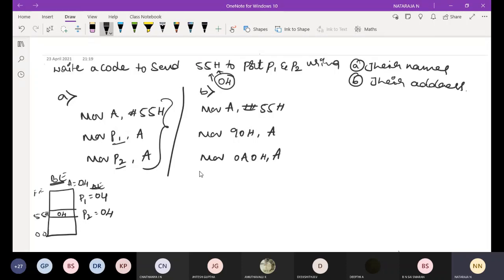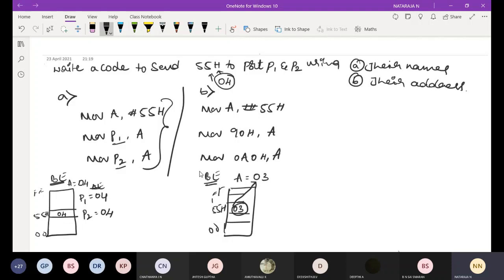Initially before execution, we have a memory location with address lines, 002 FFF, and somewhere else at 55 we have data 03. Before execution the accumulator is equal to 03. Move A comma 55: at 55 we have data 03 that will be moved to the accumulator.